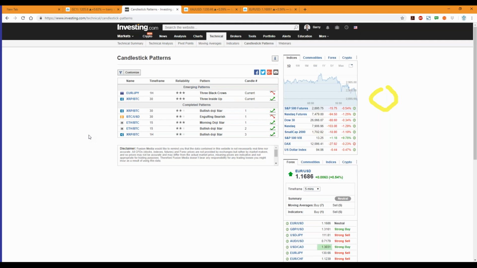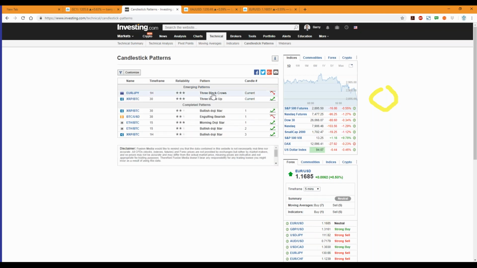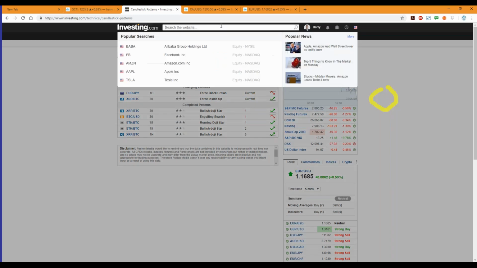So that means it's just developing, and now what we can do is click right on the line here and open up the information bars, and it tells us this is a bearish reversal pattern. It's got a high reliability of success. It's going to explain to you exactly what it means. Now, if we want, we can go over to the Euro JPY